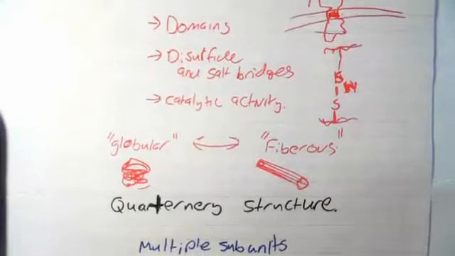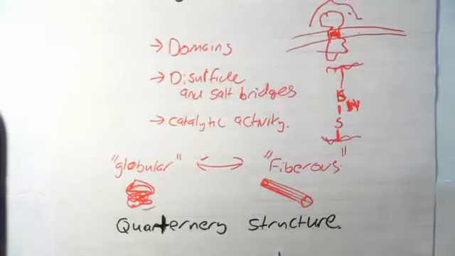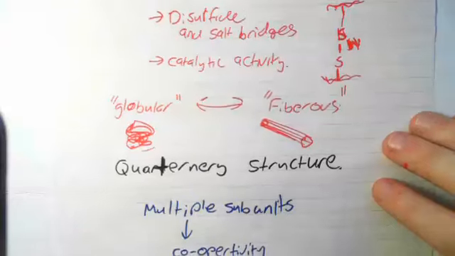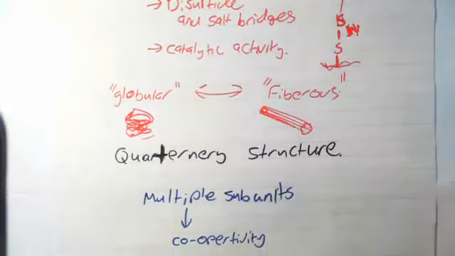Moving on to the last level of structure, so we go primary, secondary, tertiary, somewhat like education levels. Then we move on to quaternary structure. This is where you combine multiple polypeptide chains into a single protein. So you have multiple subunits which are bonded covalently, usually through disulfide or salt bridges, so strongly bonded to each other, and they can display a bunch of different